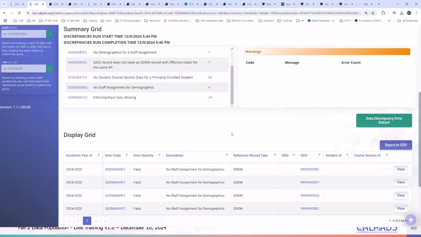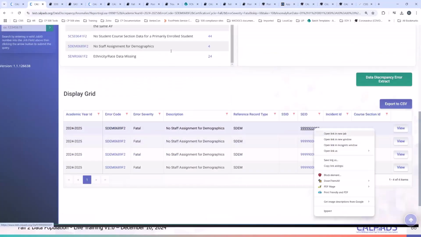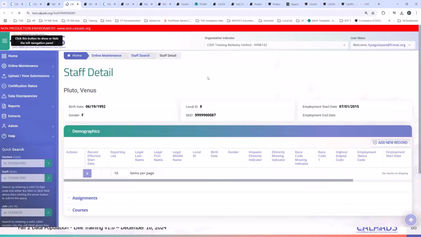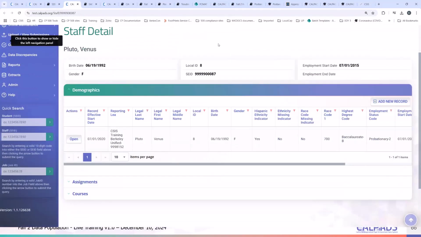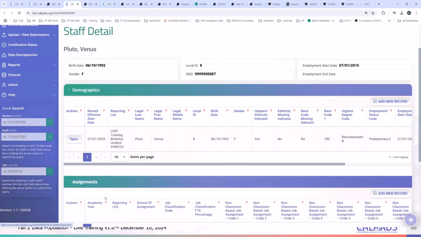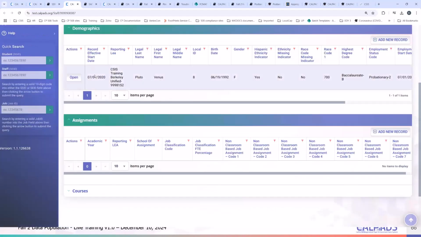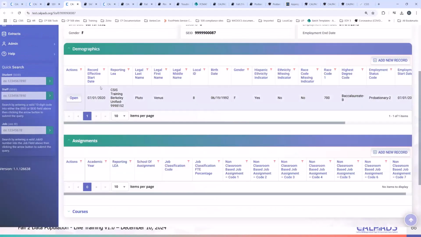So if you have staff members triggering that error, make sure that you ask the question, is the staff member still employed? If so, then of course update their staff assignments. Okay. Then of course also update the staff demographic this year and then update the staff assignment.